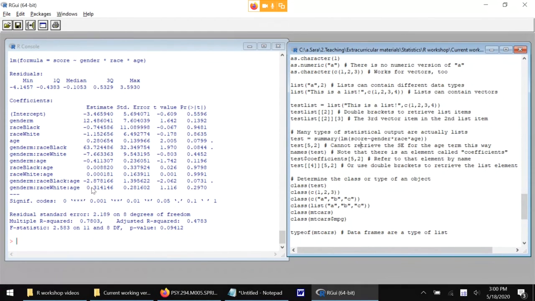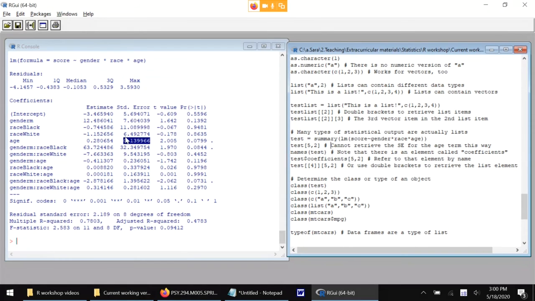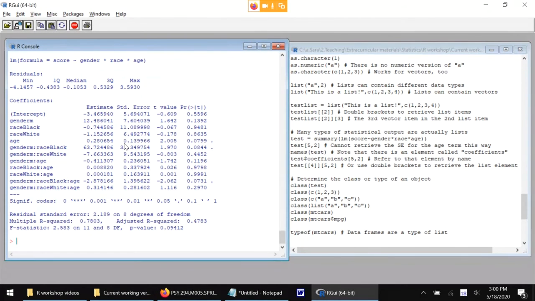You might want to retrieve the standard error for the age term, this value right here, 0.139966. You could just type 0.139966 for whatever operation you want to do. But if you wanted to do this repeatedly, or you wanted that number in a more precise format, then you might want to write code that explicitly retrieves that element of